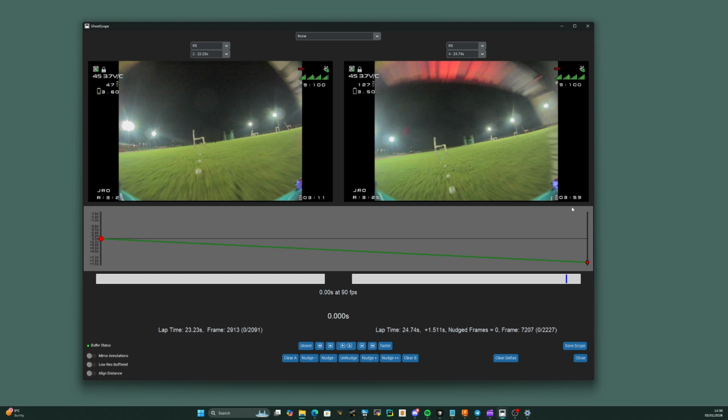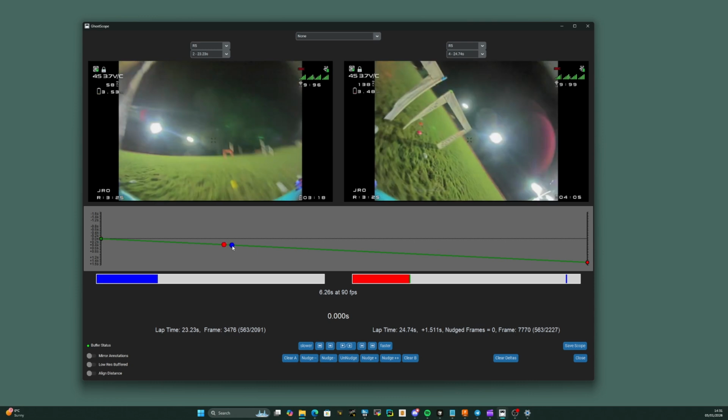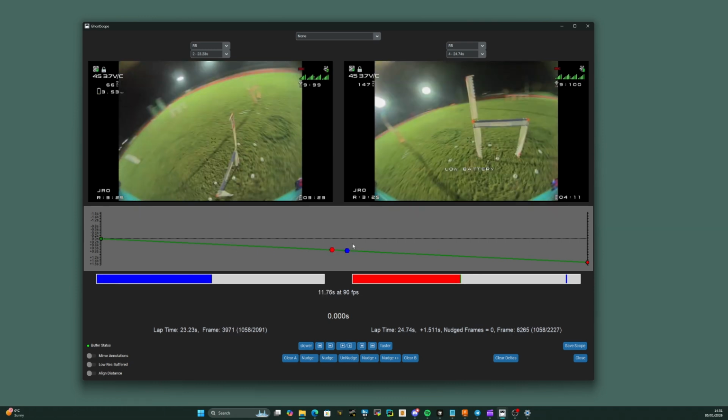Now, the next thing, which is very different to what you saw before, is we now have this graph in the middle, which gives you a visual representation of the difference in lap time between those two videos. So the lap on the right is slower by 1.5 seconds. So at the moment, basically, the video falls behind, and it's behind the line saying that it's slower by 1.5 seconds. Now you can navigate around the video by clicking on this bar, and you'll see that there are 2 dots. So blue is the one on the left, red is the one on the right,